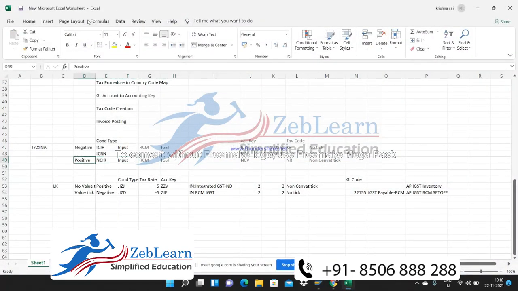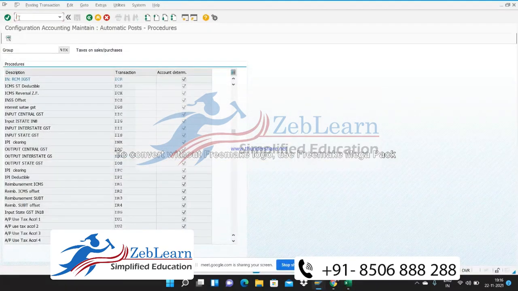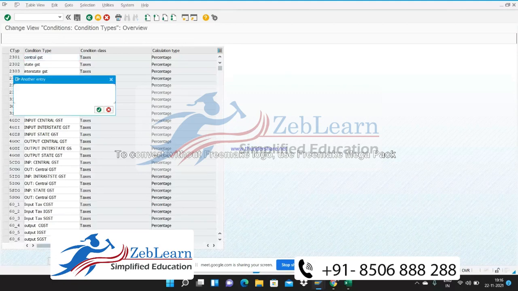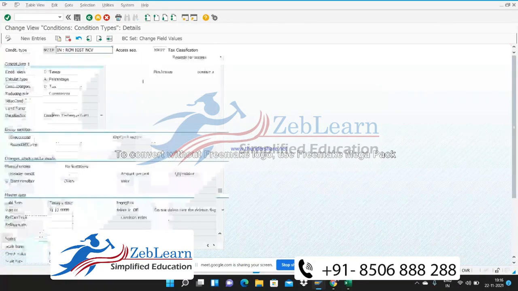So the change part is, this is the condition which we have created for non-cenvatable GST payment. So how is the condition created?